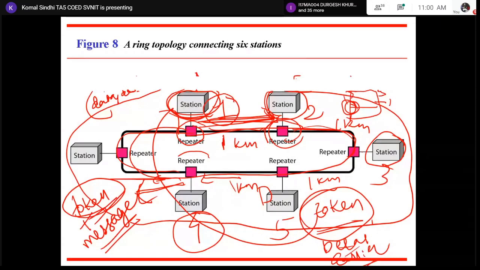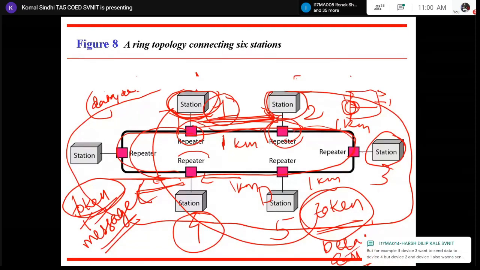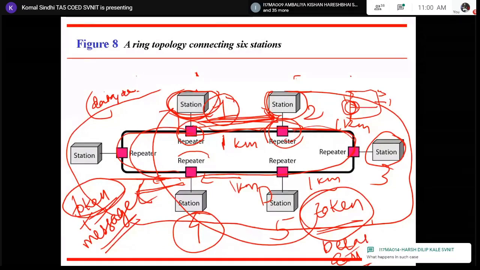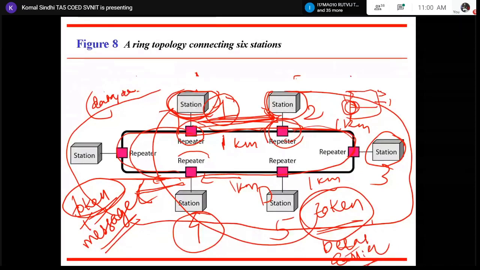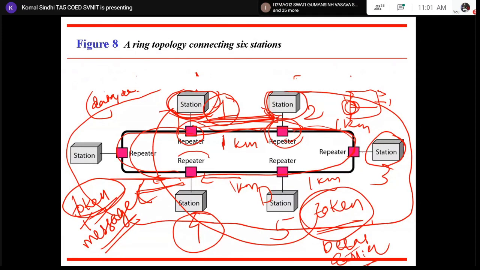Here it is all about the architecture which we are concerned about, right? So currently we will leave it up to that, right?